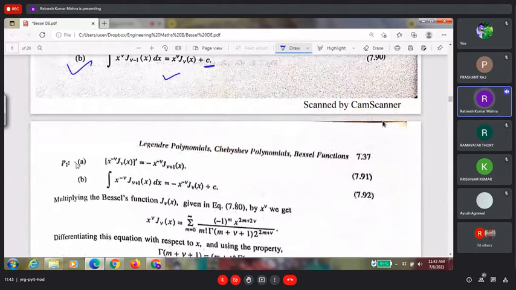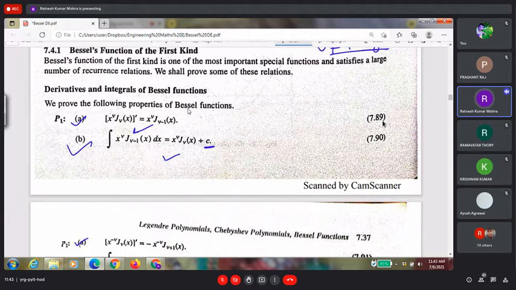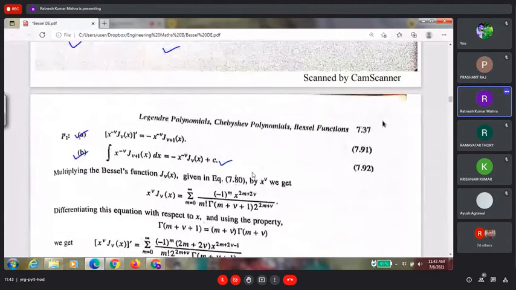Similarly, if you integrate a, you can find b easily. So the main thing is to prove a. How to prove a? We know that we have the formula of Jv(x). Now in this formula Jv(x),